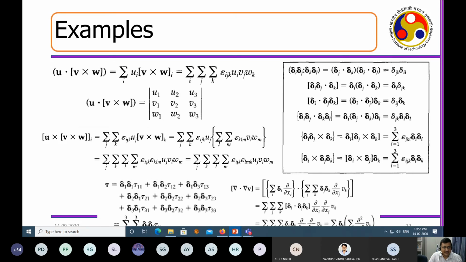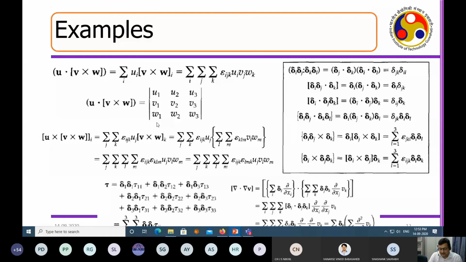Say, suppose u dot v cross w. This is the a dot b cross c that we were doing, right? So v is one velocity vector, w is another velocity vector. If I do a cross product between these two, I get a vector, say x, which is perpendicular to both. Now if I take a dot product of u with this vector, I get a scalar. If you evaluate the determinant, you will end up getting a scalar like this.